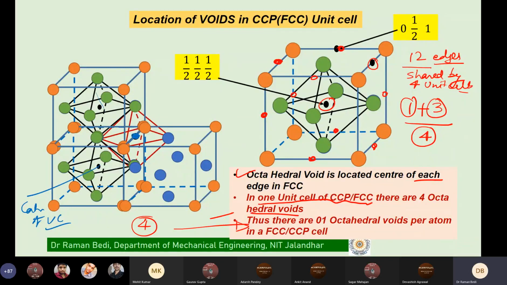Just by comparison with my yesterday's discussion, just to sum up, you can say here that the FCC unit cell contains 2 types of voids. One of them is tetrahedral, the size of which is given by 0.225 times r. It's not the size; it is the largest sphere that it can accommodate. And similarly, the octahedral void, in which this ratio of r to R is 0.414. So you have the second one, which we are just able to see today.